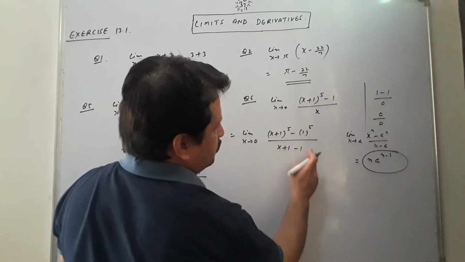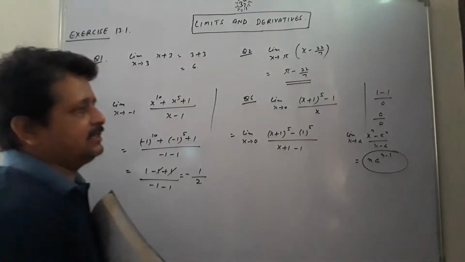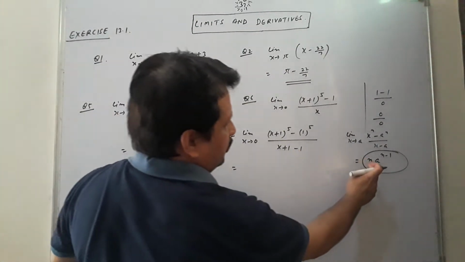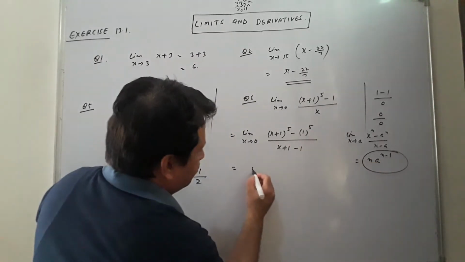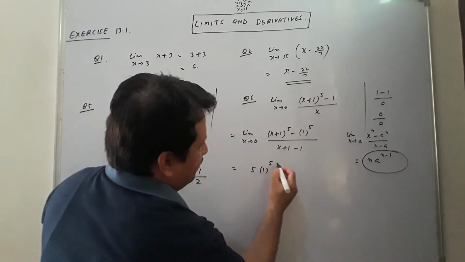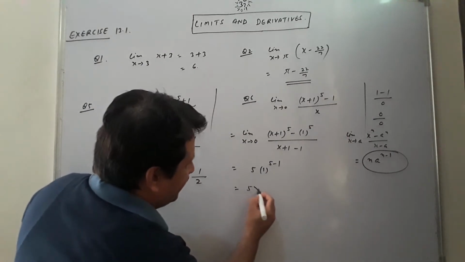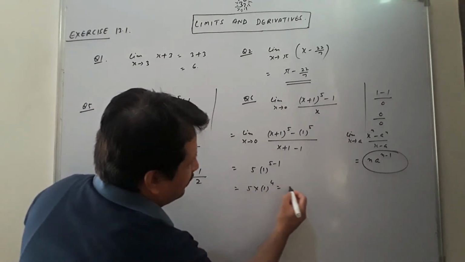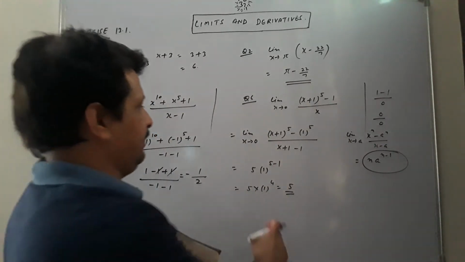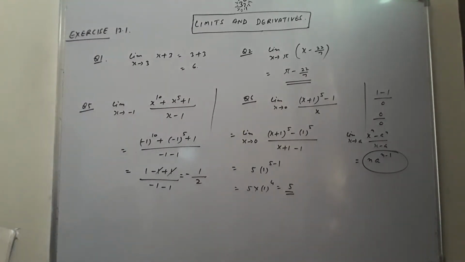Again this is x, students, it will cancel out. But now it is here in this form, that is the form of the theorem. So now this will come as equal to n, and what is its power? 5 is the power, a is what? 1, and n minus 1 means 5 minus 1. Clear, students? Now it will come as 5 into 1 to the power 4, that is equal to 5. So here is your question number 6, that will come as equal to 5. Now you note it down, then I will come to the next question.